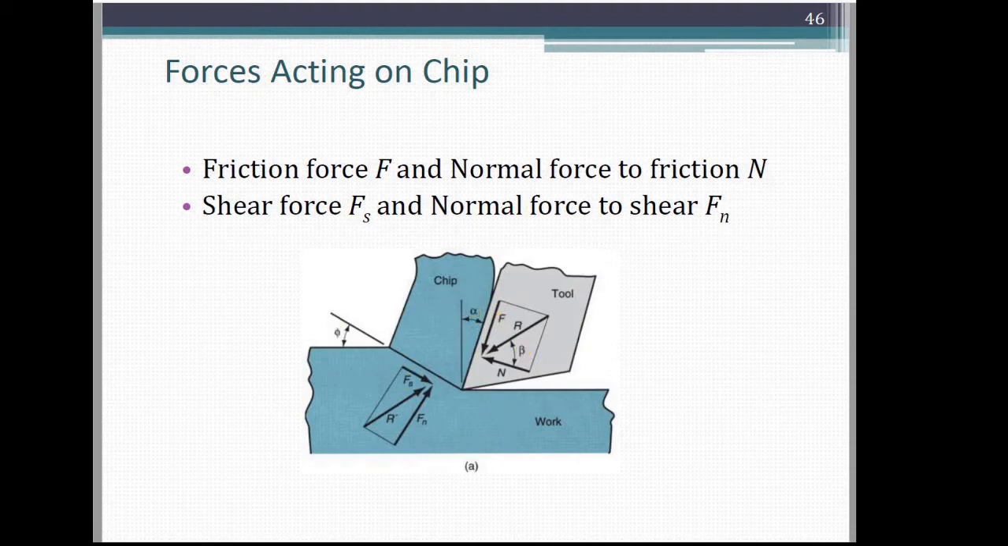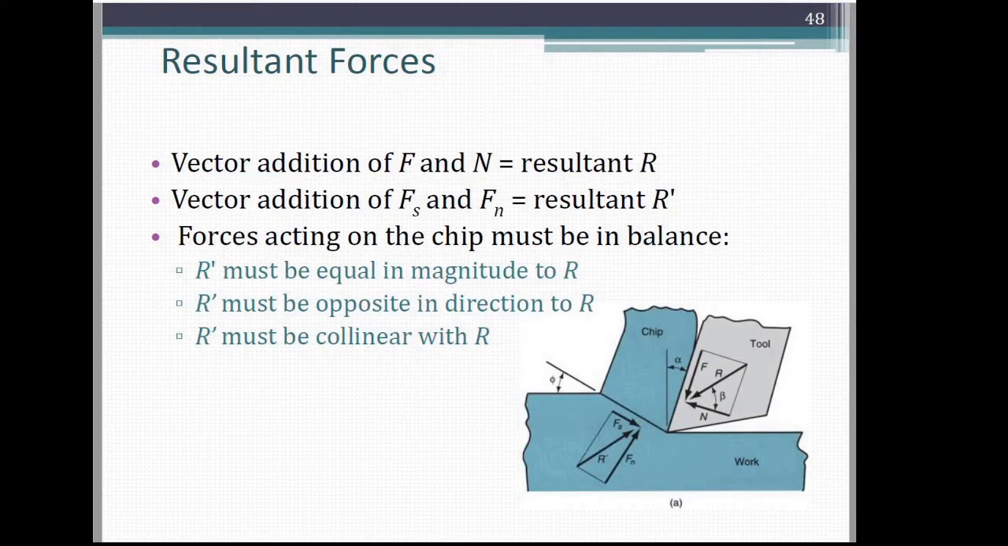Next, we shall draw the resultant forces. So R is the resultant force generated due to frictional force F and normal force N. Similarly, R dash is the resultant of shear force Fs and normal to the shear force Fn. Therefore, the vector addition of force F, the frictional force, and the normal N gives the resultant R, and the vector addition of the shear force Fs and the normal to the shear force Fn gives the